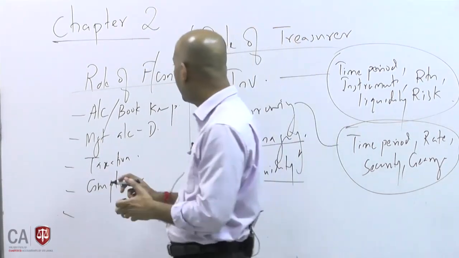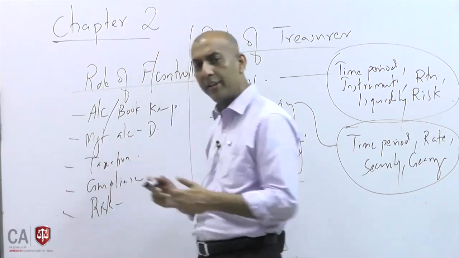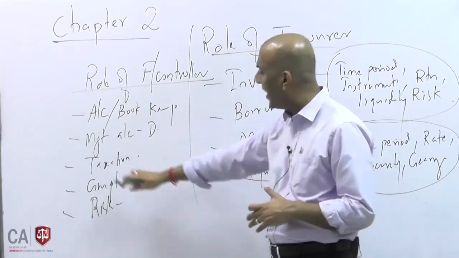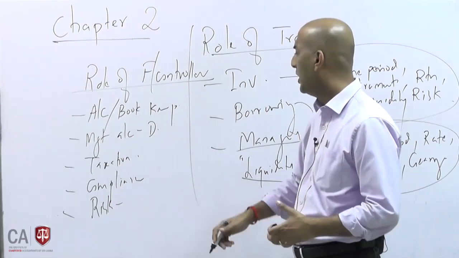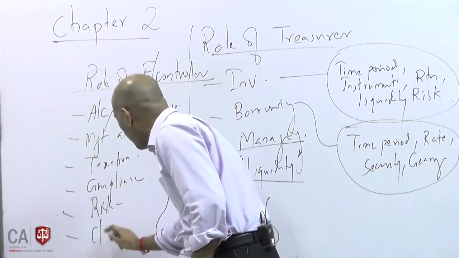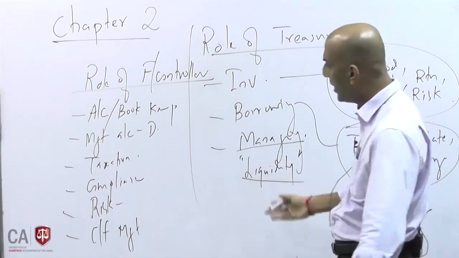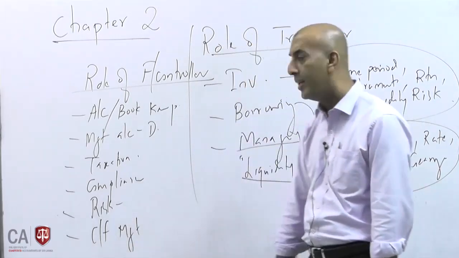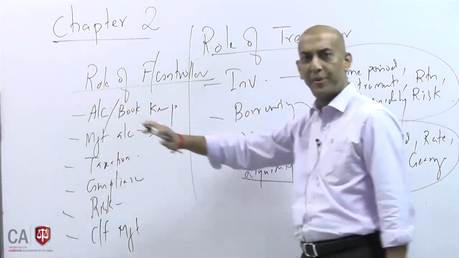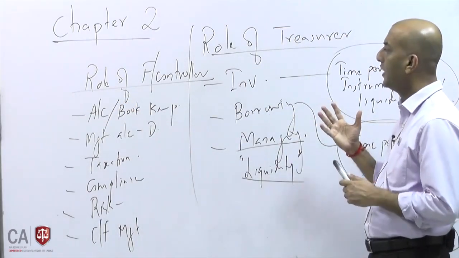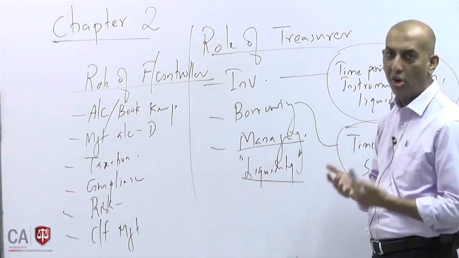and then you will have to decide, as a financial controller, even the risk relating to your function, how you manage those risks. So, please note, these are some of the roles: bookkeeping, accounts maintenance, management accounts and taxation, and even the cash flow management. It may be overlapping with the treasurer role, but in some organizations the financial control looks after the cash flow management. So the compliance, risk management, certain areas, all that fall into financial control. So, please note, these are the key activities or roles the financial controller and the treasurer do in an organization.